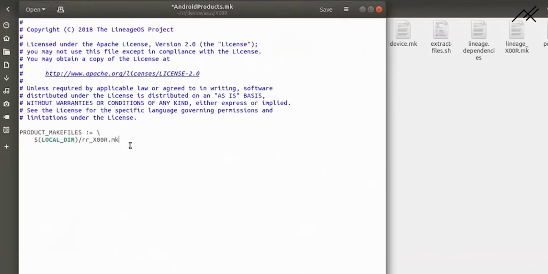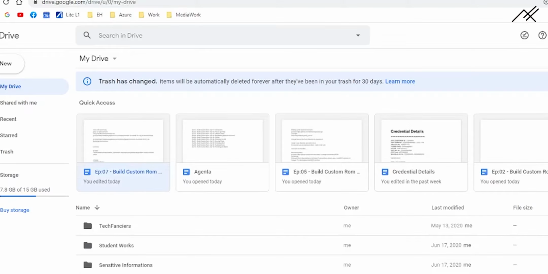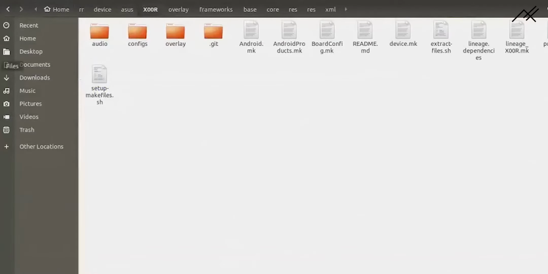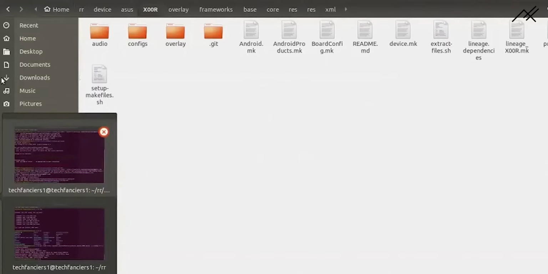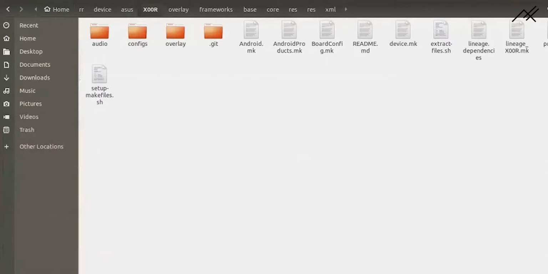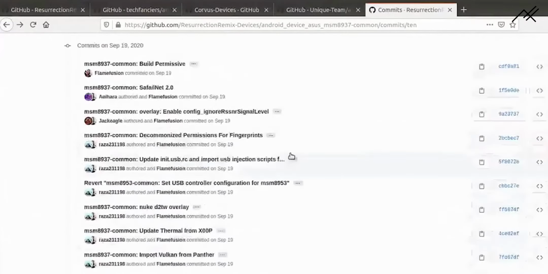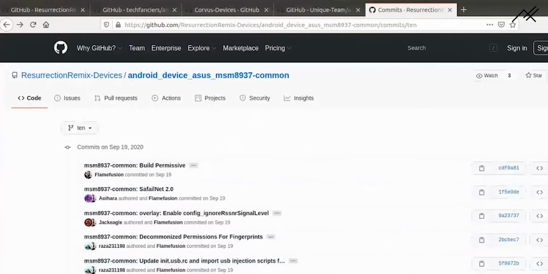So how I'm doing it, well, we have a living example in the device tree. From here we can get to the point.